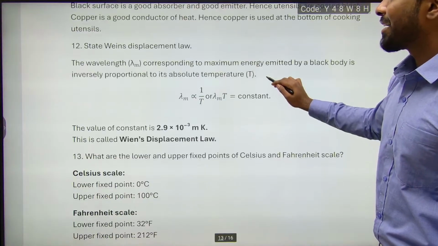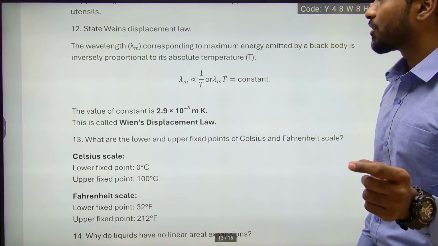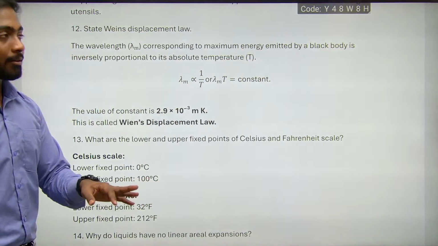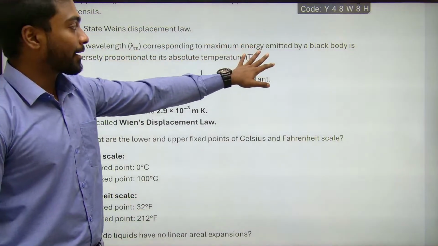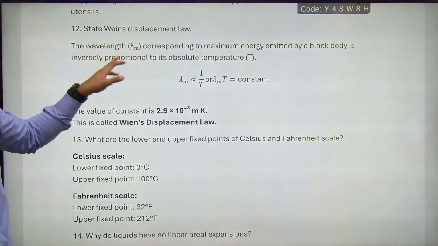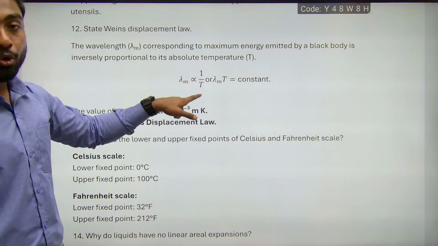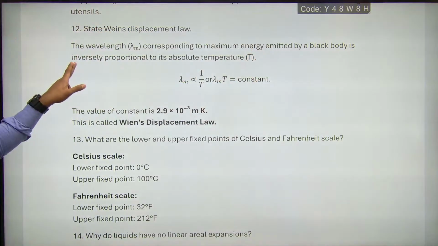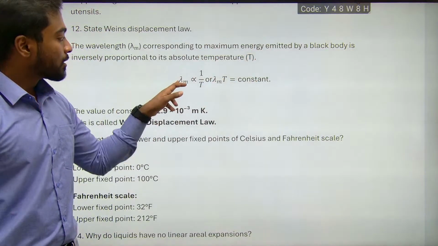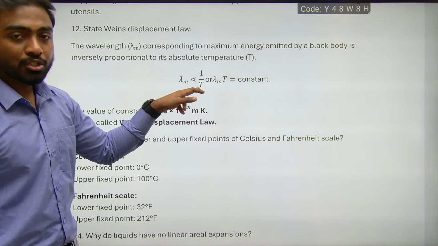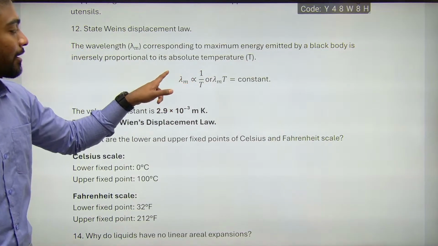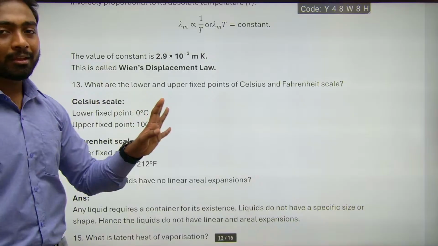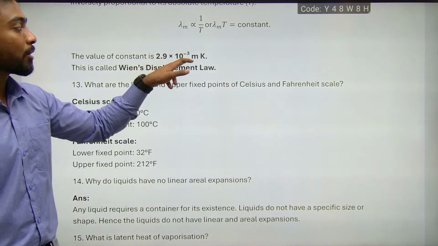So next one is Wien's displacement law. Wien's displacement law tells that the wavelength lambda corresponding to the maximum energy emitted by a black body is inversely proportional to the absolute temperature. So lambda is inversely proportional to temperature. When I take the T to the other side, lambda into T will be constant, and the value of Wien's displacement constant is 2.9 into 10 power minus 3